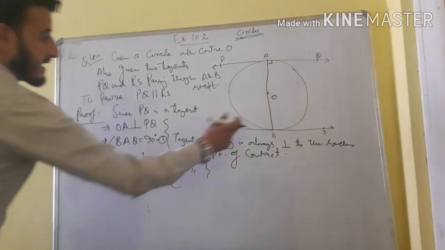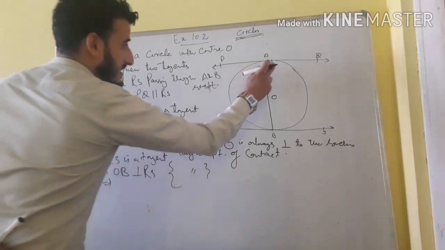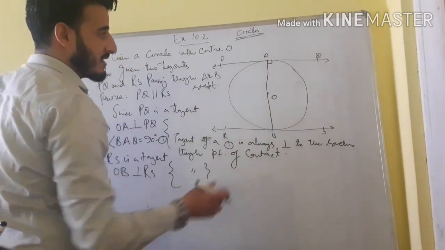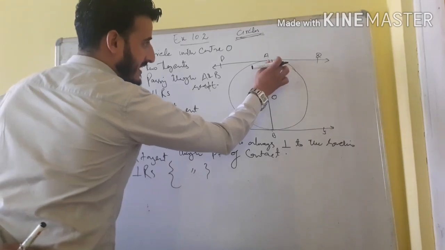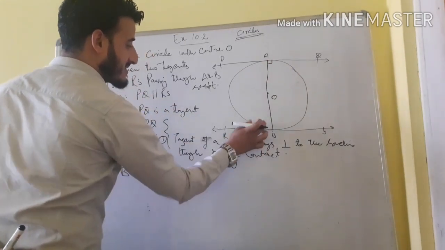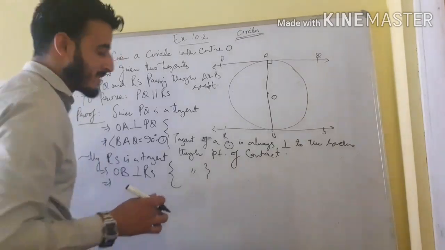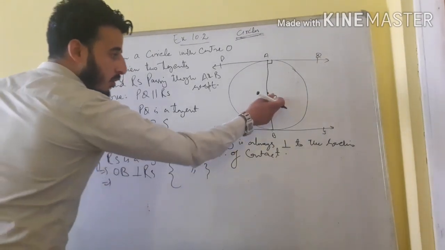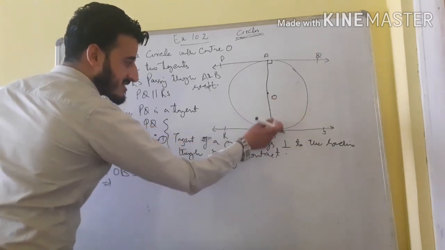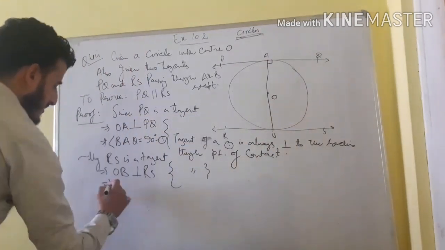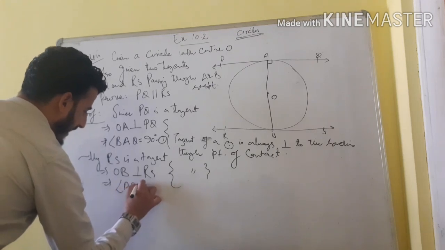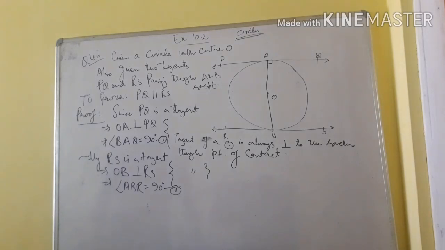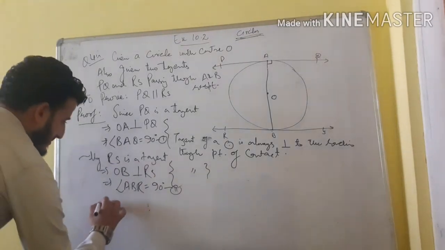implies angle O, as I have considered this angle here. As you know that we need to show that alternate interior angles are equal. If this is the one alternate interior angle, that means I am considering this angle, then I must consider the next angle as OBR. So angle OBR is 90 degree here, but instead of OBR can I write ABR? So implies angle ABR is equal to 90 degree. Mark this as second. So both angles are equal 90.